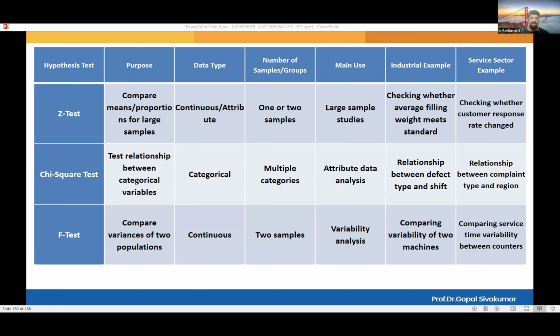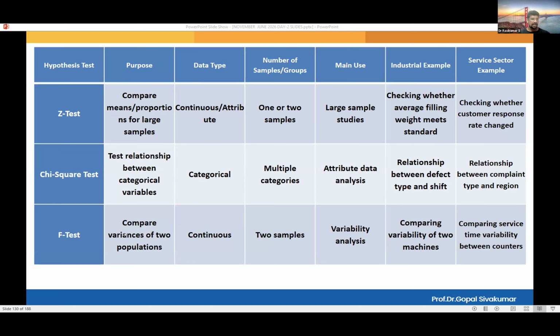Then chi-square test. It is categorical, that is based on categories, multiple categories. For example, if you take our participants, they will be from different categories. One might be from manufacturing industry, quality. Some of you might be from automobile industry, some from software industries, banking sectors, food industry, hospital management, tourism and hotel industry. All of you may be from different fields. That is category.